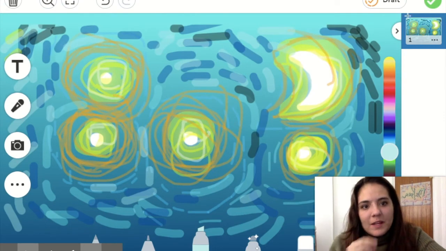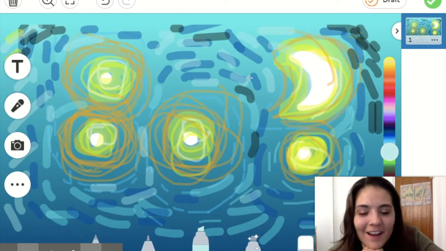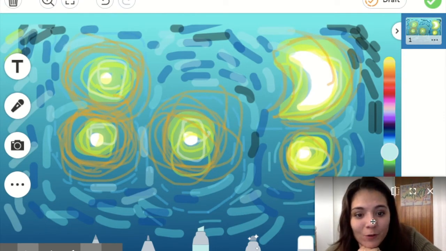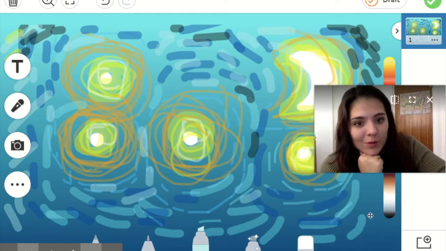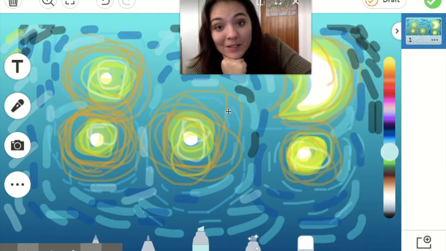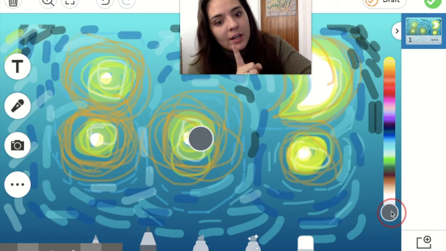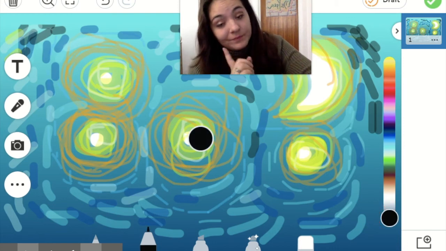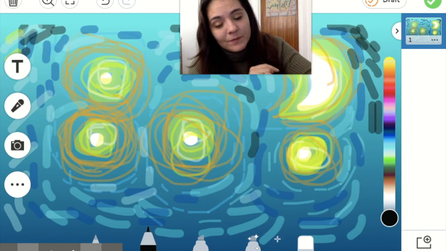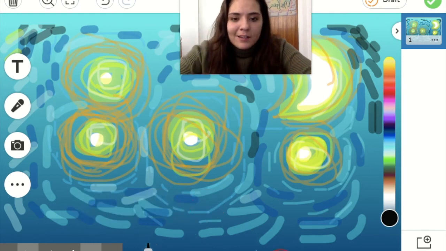Now that I've filled my entire sky, I am ready to add my foreground, which is the thing that's close to us, right? So this is where you get to be creative. You could add whatever you want, but remember, with digital art, it's much easier to color the inside of the shape first before you do the outside. So I'm going to go back to my regular pen tool. I'm going to make it a little bit bigger, and I'm going to do my big shapes